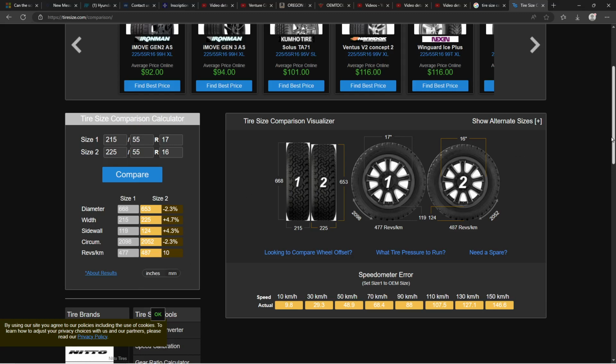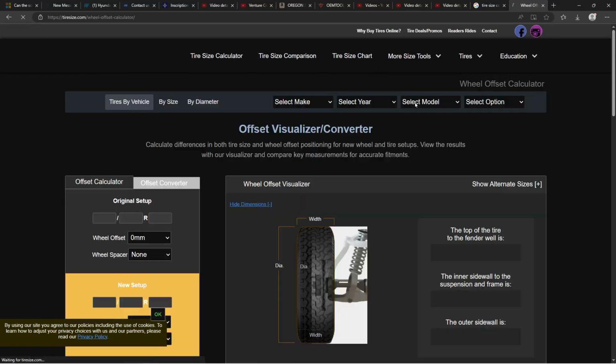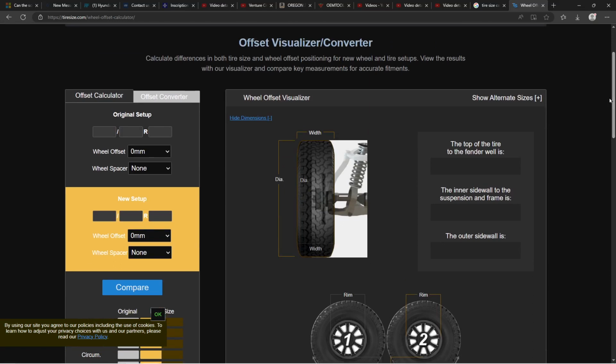I wanted to point you to this website also. They have other tools here, and if you click here, more tire tools, it's going to bring you to the wheel offset calculator. And my overall advice, once again, is that it's really not going to apply to all cars, but mostly to modern cars.